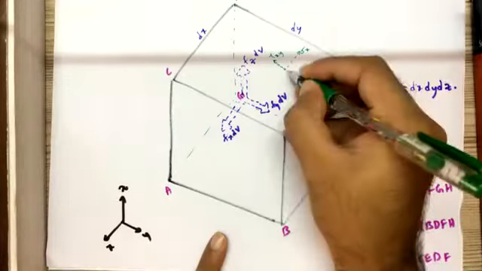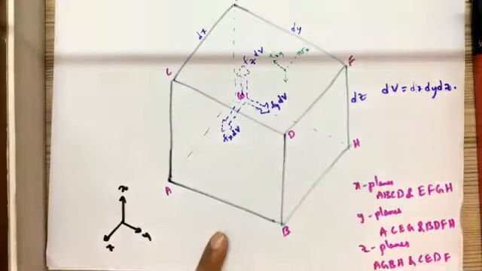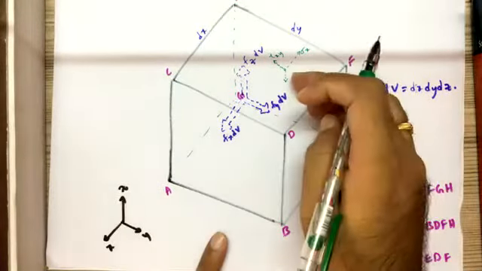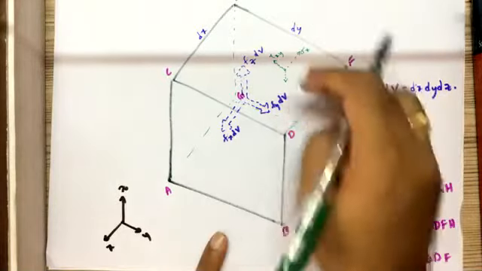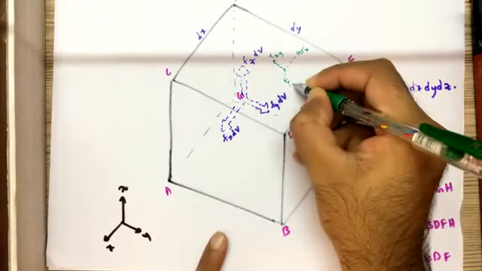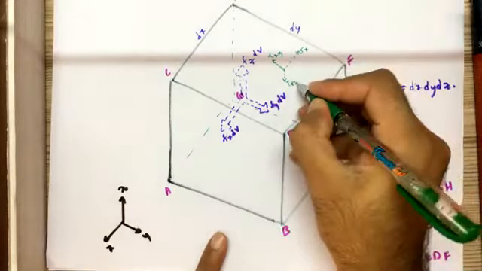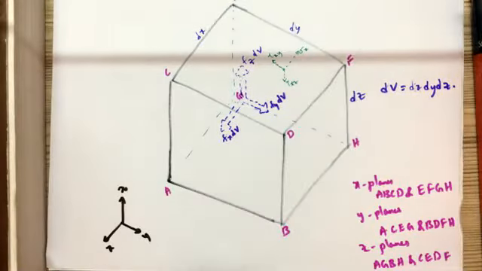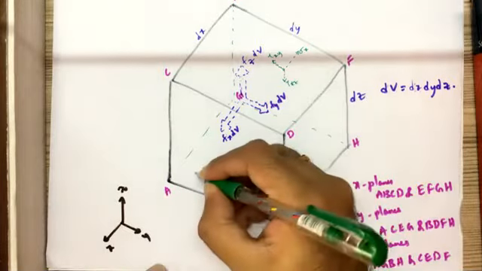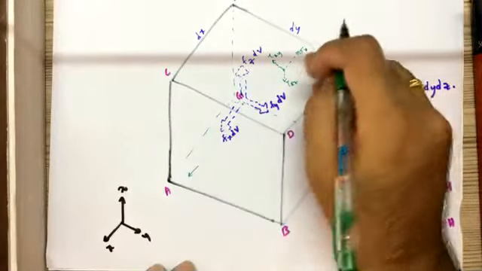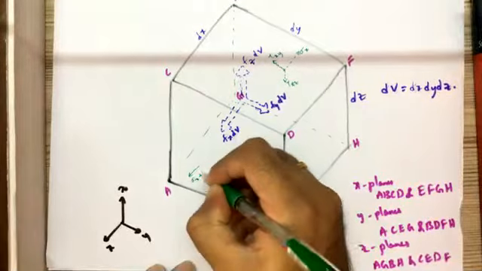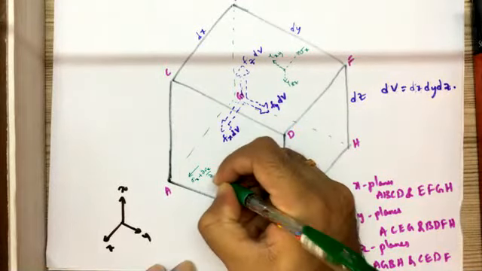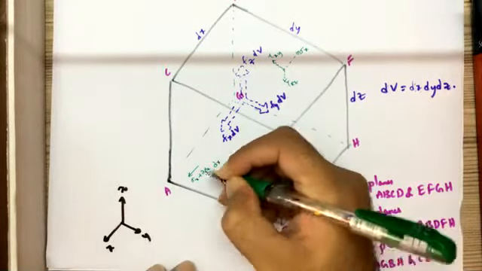Now similarly, the other direction. What is the other direction? Shear force acting on x plane. Of course we are dealing with x plane. Shear stress acting on x plane in z direction, tau xz. Because of this continuity, according to Taylor series expansion, the other side would be, because this is sigma x, this would be sigma x plus dou sigma x by dou x into dx.